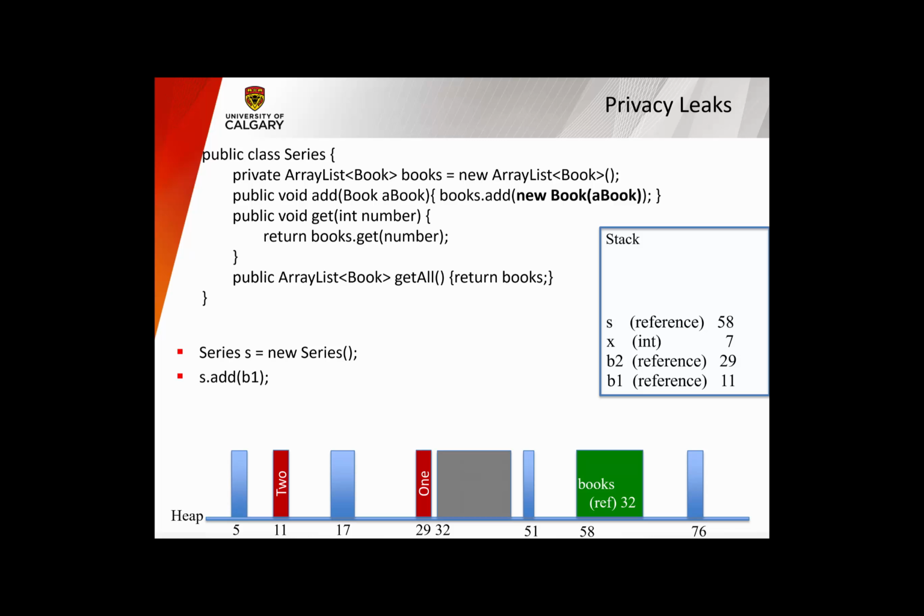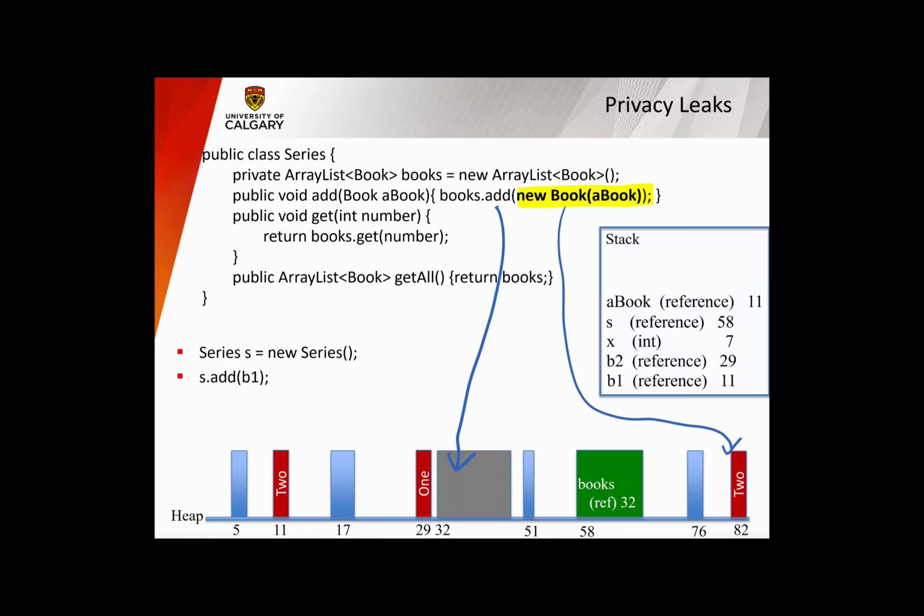So I'm just going to walk through the trace again. So if I go to my series and I add B1, so I go to the add method, I have there being passed in B1, which is a book. So a book now gets a copy of that reference, namely 11. The next thing I'm going to do is create a new object. The moment I see new, I'm going to get myself a nice little box. Since it's a copy constructor, it should copy the data, but it's a brand new one. It will have its own reference. So that whole thing evaluates to the reference 82,